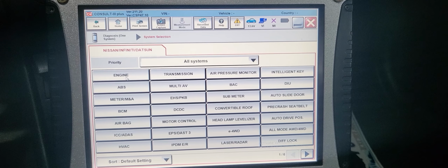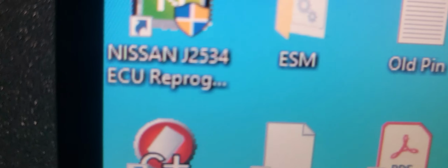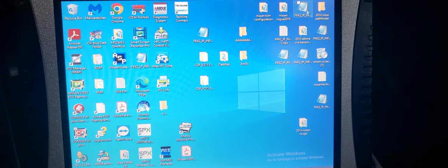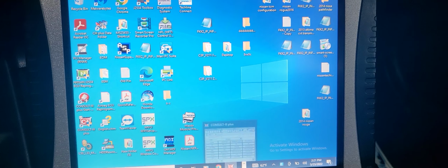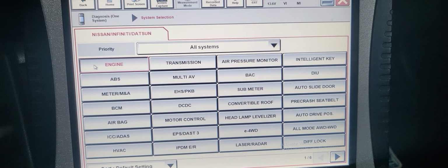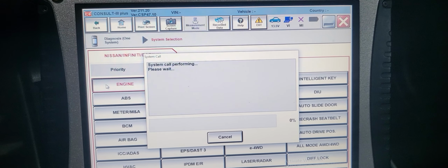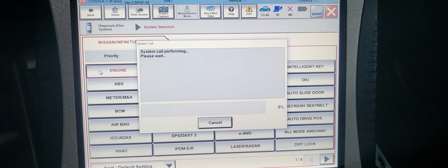There is a software that they call Nissan ECU programming software. That one may solve your problem if you have the software there. I use Consult 3 Plus, which needs to be authenticated. Right now I'm just trying to get you the information. It needs an authentication from the website, and it programs the car for you correctly,